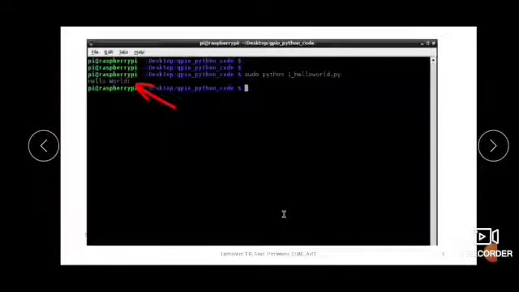Let us see how you can run this program. So you can run this program on the command line like this. As we discussed, you will give the command sudo python and name of the file, and then here you can see hello world is the output which is printed on the console. So this is how the hello world program you can run on the Raspberry Pi Python.